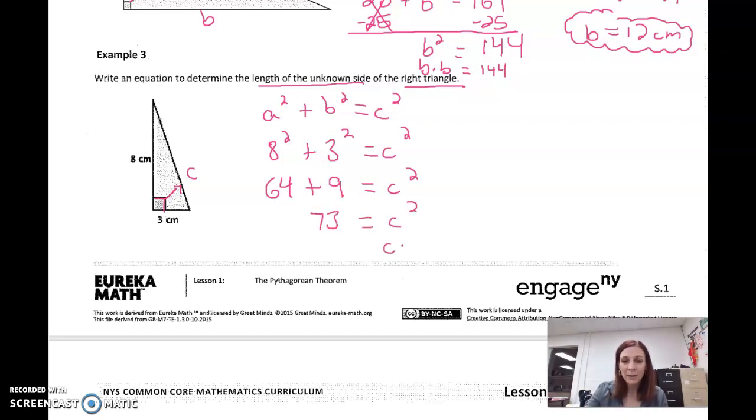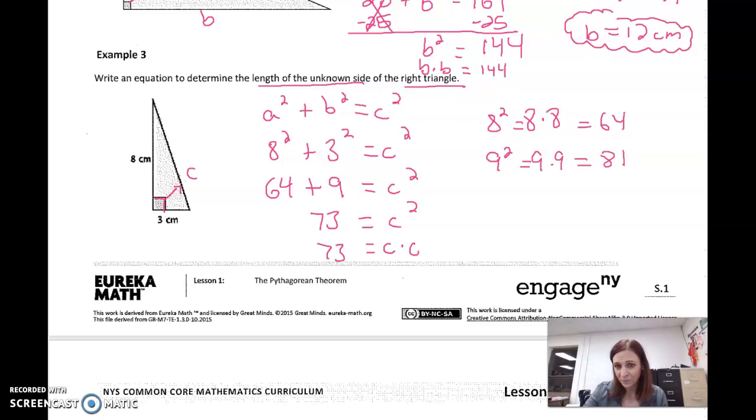And again, what number times itself equals 73? Try some. Let's see, 8 times 8, okay? So 8 squared is 64. 9 squared, which is 9 times 9, is 81. All right, so 73 is going to fall in between those. Kind of falls right between them, right? Let's see, it's 9 away from 64, and I think it's 8 away from 81. Yeah, so I'm going to say it's a little bit closer to 81, which means that C is approximately equal